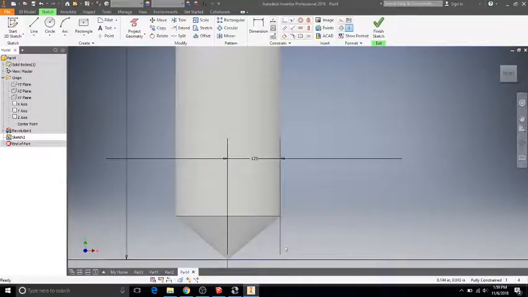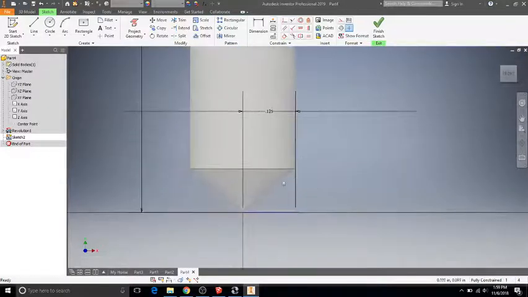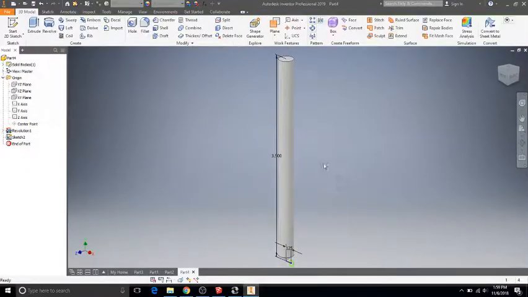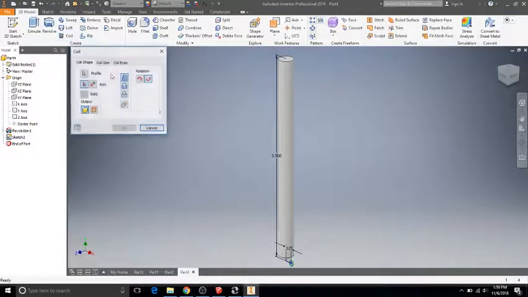And then you need the thing that you're going to spin. And the thing that I'm going to coil here is going to be a circle. So I'm going to make that kind of eat away at this shape. Finish sketch. And so now when we go to coil, you press coil, selecting the circle as my profile, and